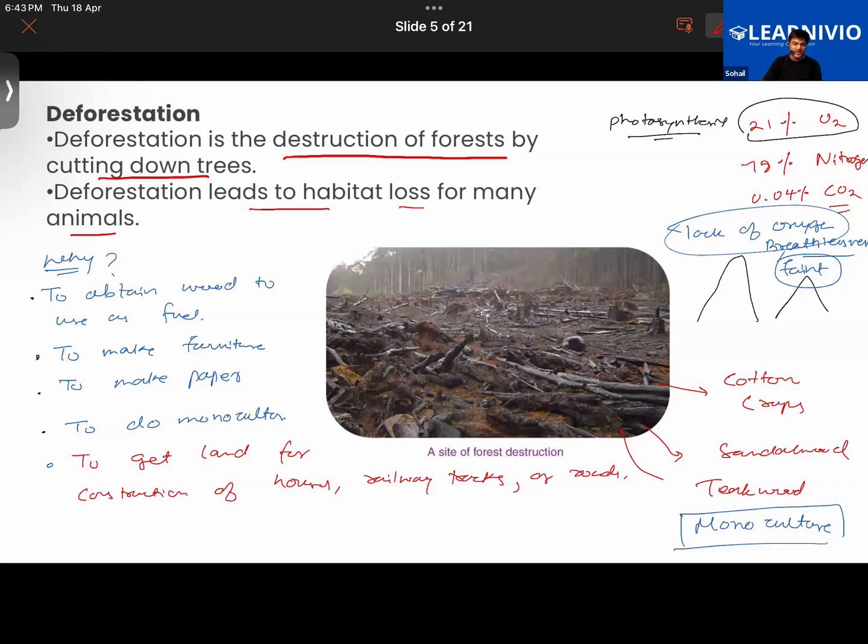Yes, Sundus, I'm asking, apart from these, what are the reasons you can think of? Like for these purposes, namely forests are cleared down. One another reason could be for construction of dams, isn't it? To construct dams. So these are the reasons why deforestation is being done. So all the above are the man-made causes of deforestation. Whatever we have studied so far, these are the man-made causes of deforestation. Getting it now?